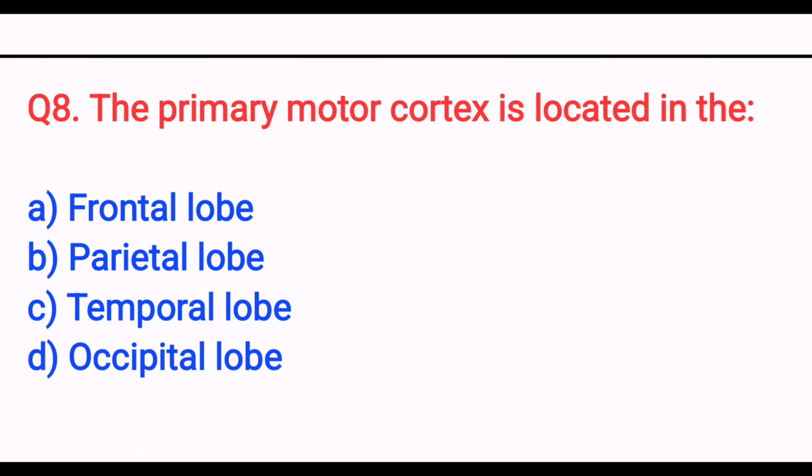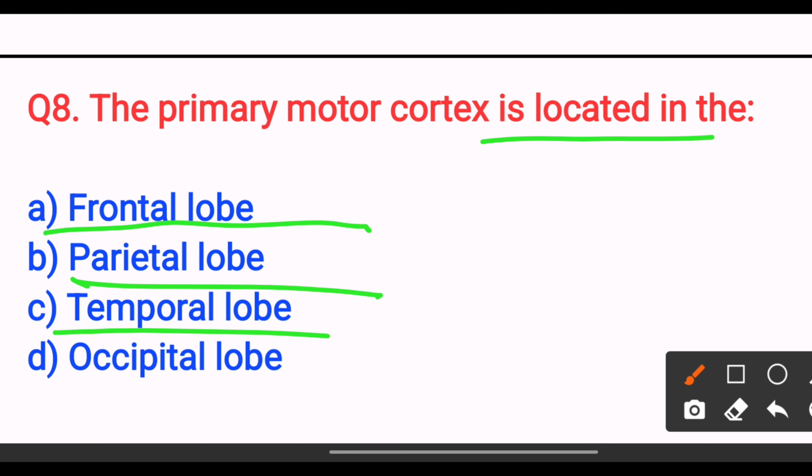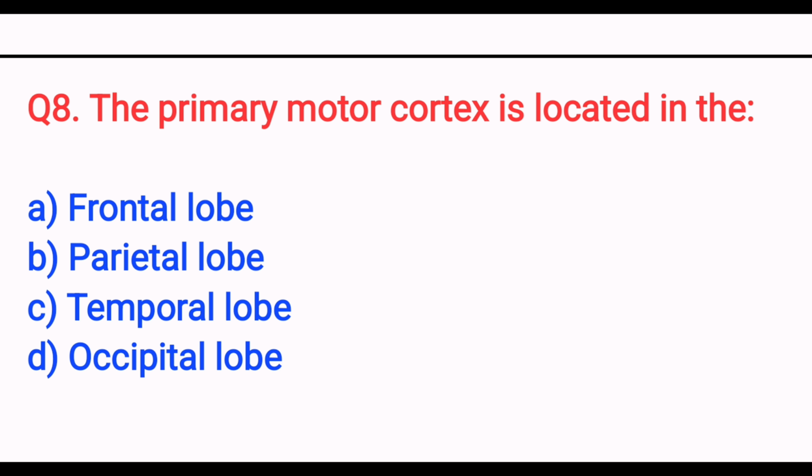the primary motor cortex is located in: option A, frontal lobe; option B, parietal lobe; option C, temporal lobe; option D, occipital lobe. The answer is option A, frontal lobe. The precentral gyrus of the frontal lobe functions as the primary motor cortex. So the answer is option A, frontal lobe. Next,